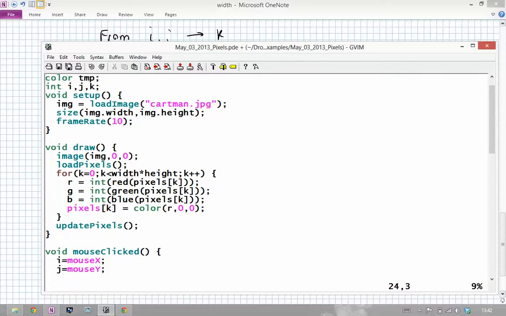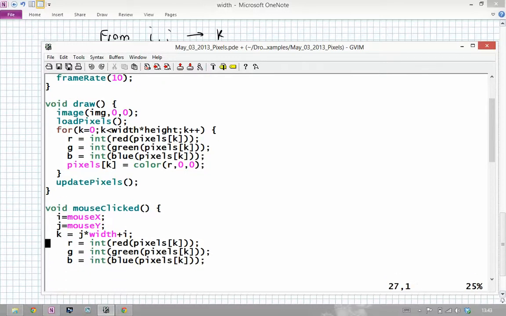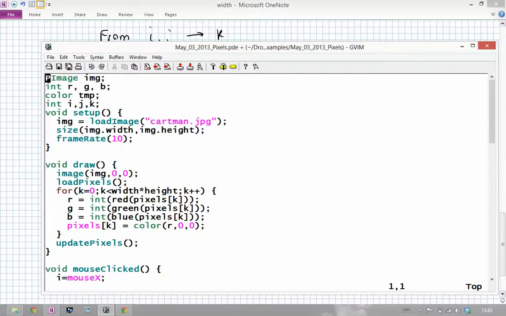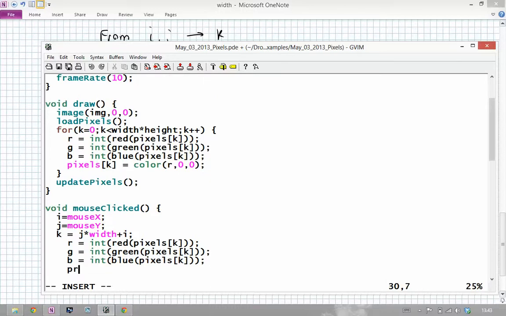So I'm going to get the coordinates of the mouse, and convert that to a k, so that's j times width plus i. I'm going to grab the RGB values for those. Can't remember if I made RGB global. Yes, I did. Good. And then I can just print out